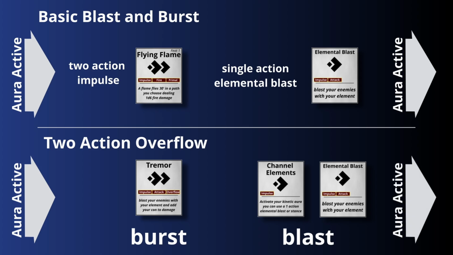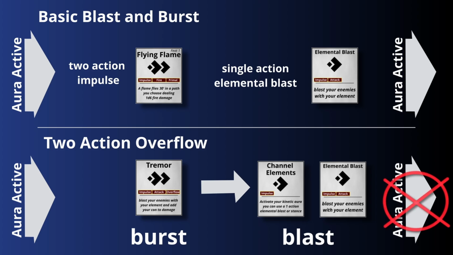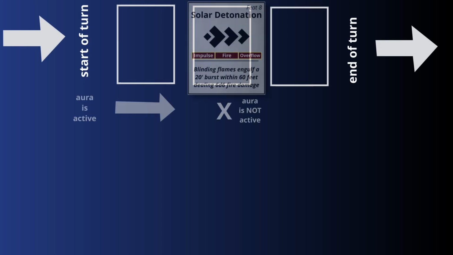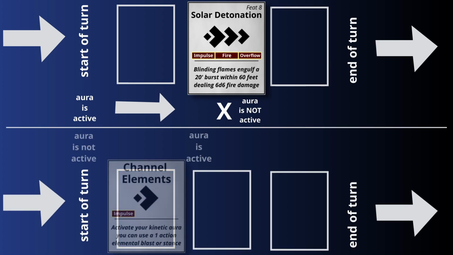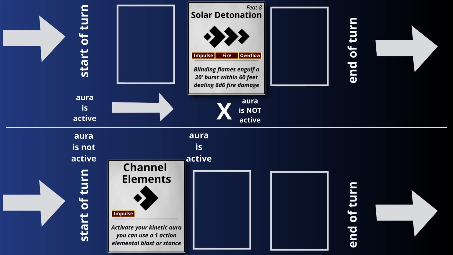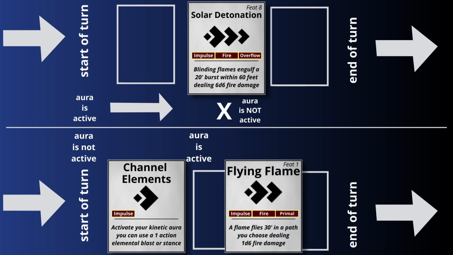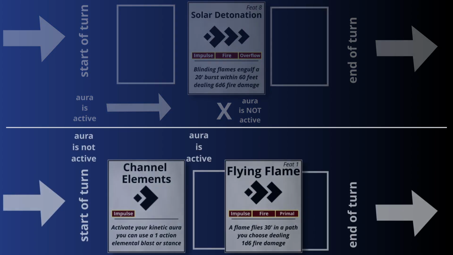The difference is we don't have as much flexibility here, because if we swap this action out and don't channel elements, then our turn ends and we don't have our kinetic aura active. 3-action overflows guarantee that we end our turn without an active kinetic aura. That means on the next round, you have to spend an action to channel elements to get your aura active so you can use your impulses again. You won't have enough actions for a 3-action overflow, so you're going to stagger back and forth between 2 different